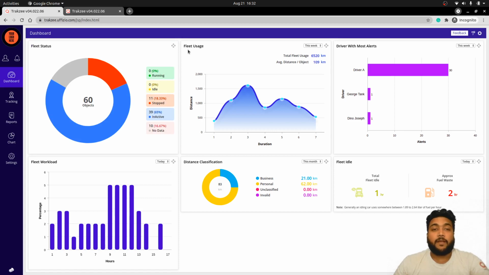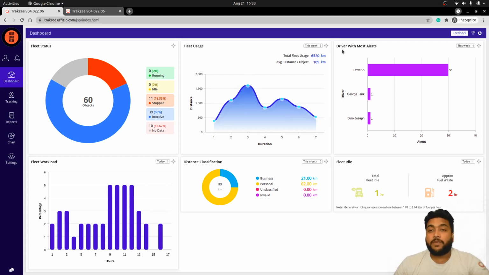Likewise, another widget that is available is fleet usage. Fleet usage status is helpful to get information on, at a particular duration of time, how many fleet have been used in the system. Based on the selection of the filter, you will find the total fleet usage for that filter, and based on that, the average distance per object by the particular vehicle will be reflected in kilometers. Based on this, you will get the information on how many kilometers have been traveled in particular durations. Likewise, you can monitor at what particular date and time the particular vehicles are mostly used in the software.